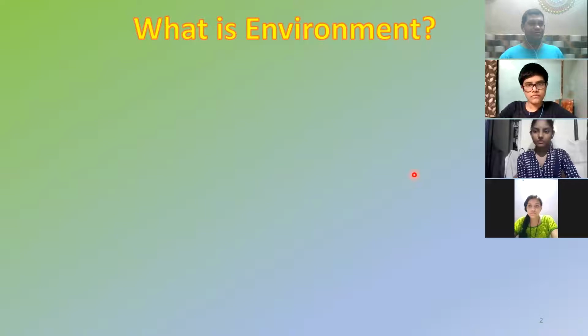Correct? So suppose if you have to go out in the hot sun, it's a summer season and you have to go out in the afternoon. So you know very well that the environment is very sunny, very hot. So can you change the environment if you want to go out? Do you have any switch, like, okay, there is too much sun, I don't like it, I will change something? You cannot do that. So what do you do? You adapt yourself.